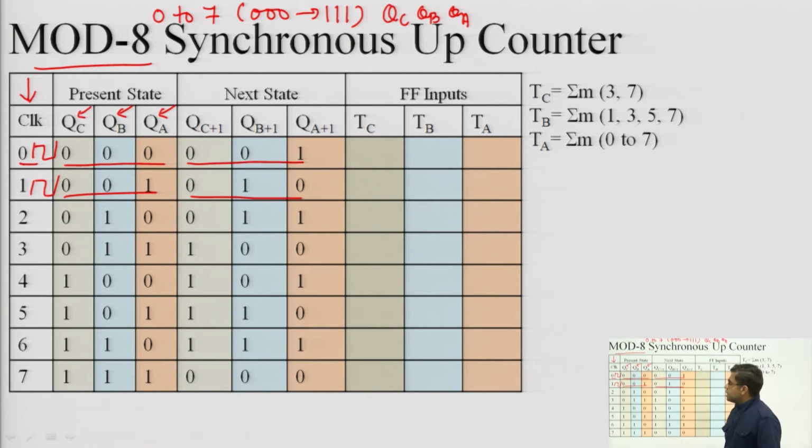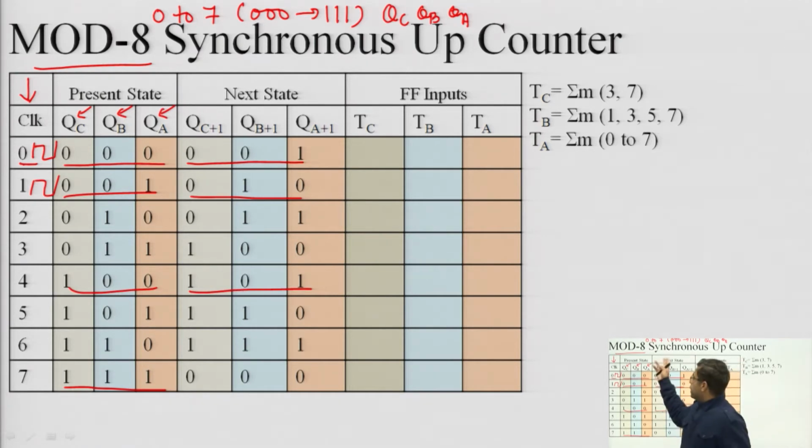So, we can check that the next state corresponding to the present state is 1 added to the previous state, which describes the operation of an up counter. 1 is the next state of 0, and 2 is the next state of 1. Similarly, you can check that 101, which is 5, should be the next state of 4, 100. And in the end, 111 is the maximum count that can be offered by a mode 8 up counter.